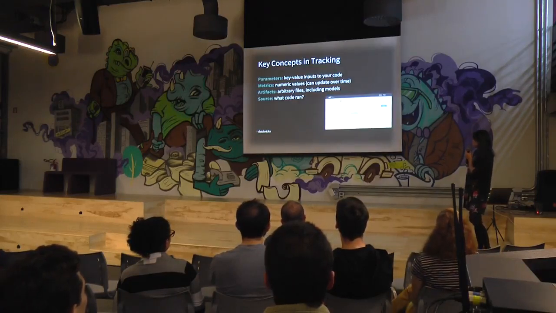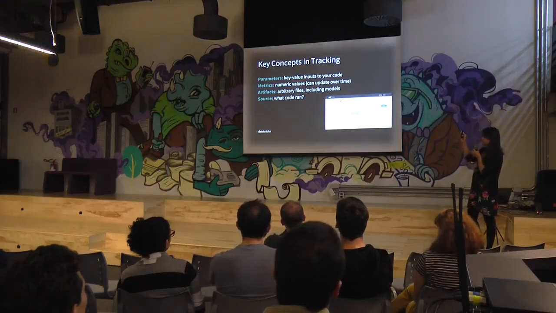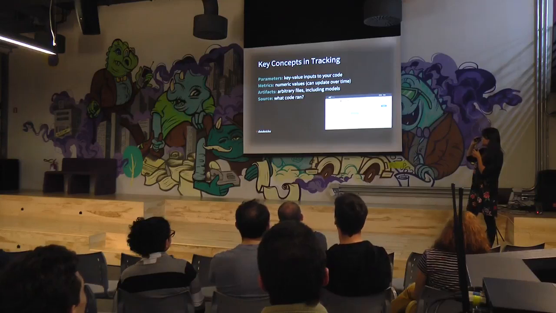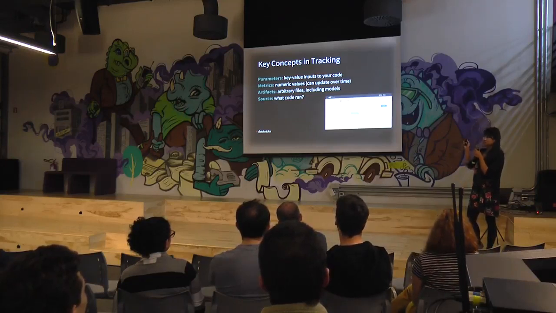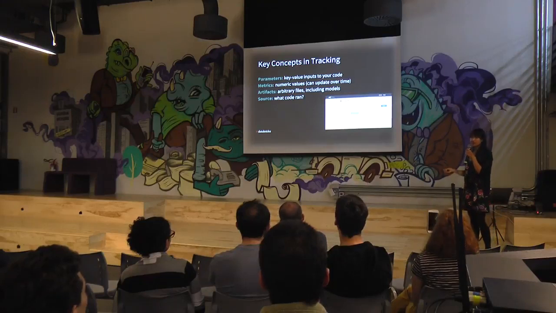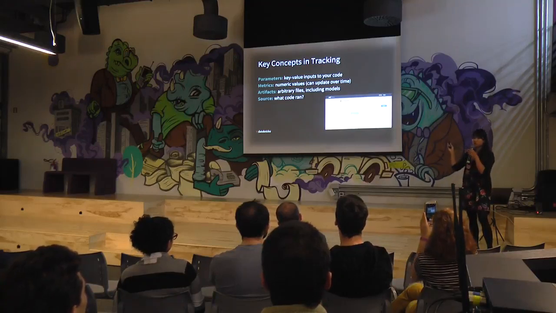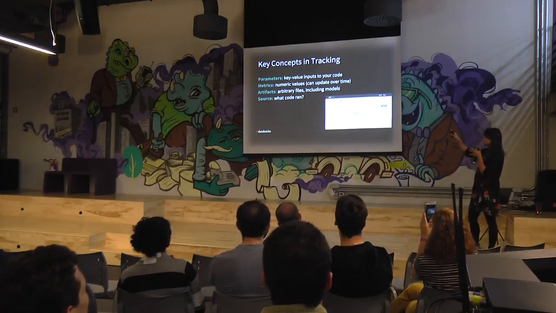The key concept of tracking is to log everything that's essential to your model. So things like what parameters you passed into the model, the error metrics, artifacts, which includes the model itself. So it's like saving that model into S3 so you can load it back, or save it into whatever cloud storage you have. And then also what source code, so exactly which Git hash you used, for example, to generate that model on that particular data set.